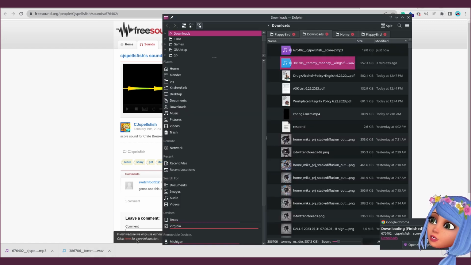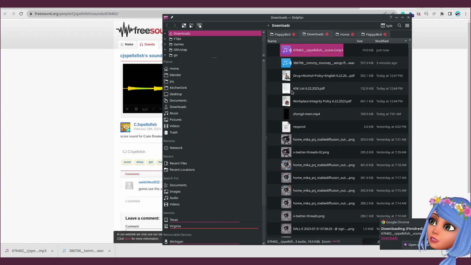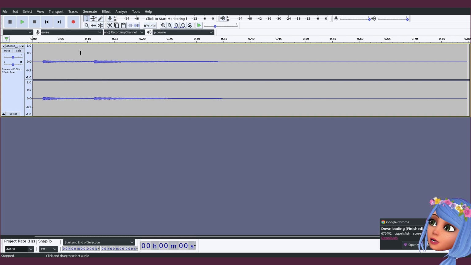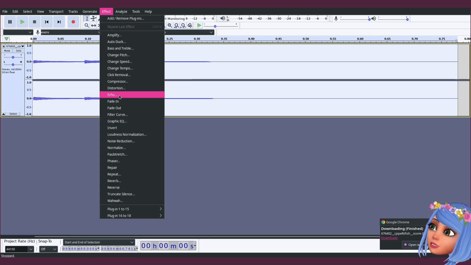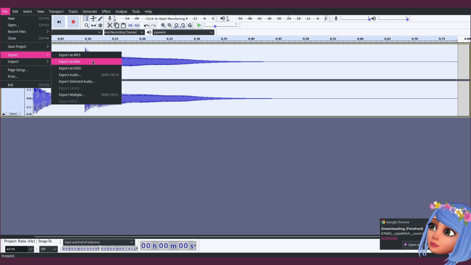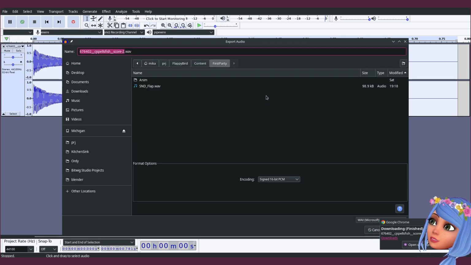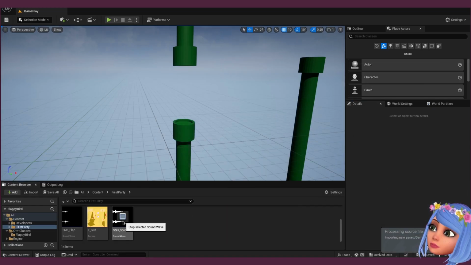So let's open it in Audacity. I just need to convert it to WAV format, and probably do this thing and normalize it. So export, let's do sound score.